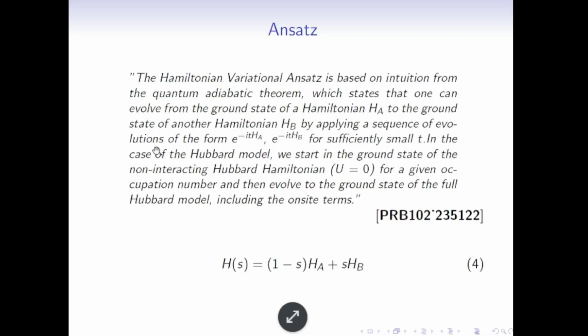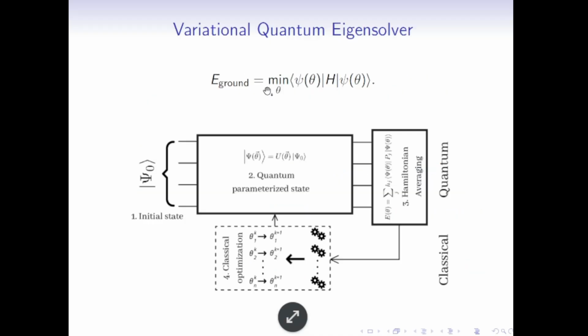So this is what is called an ansatz, which is a guess, in which we need to guess the correct initial state. Because the landscape is too large, we have a large number of possible initial states, so we need to choose one state, and then eventually we should get the ground state energy. We should land on the ground state. So the ansatz guess for the Hubbard Hamiltonian is